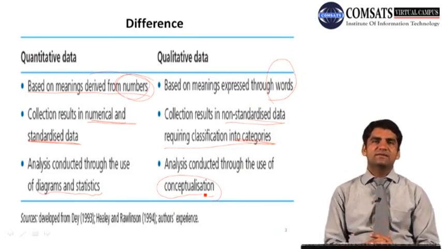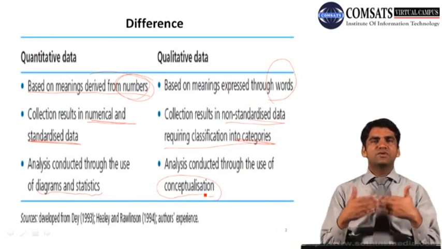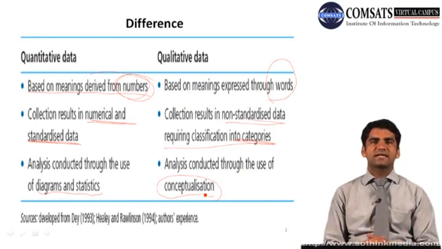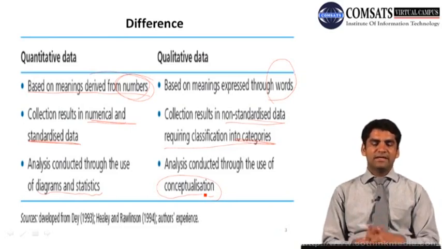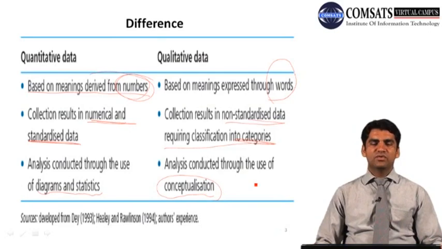by conceptualizing what is said, what actually exists, how they link together, and what the theoretical framework is saying about some phenomena that is occurring. Then you try to see how these words of respondents can help you answer your own research questions and objectives. That's how you move from words to conceptualization to the analysis stage, and then you interpret your results. While in quantitative, you analyze numbers, you get some conclusion based on these numbers, and you come up with some statistical analysis.